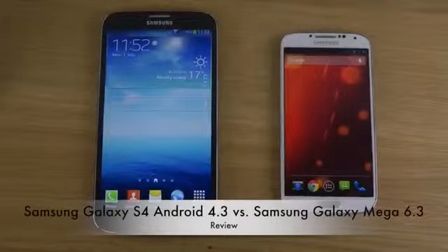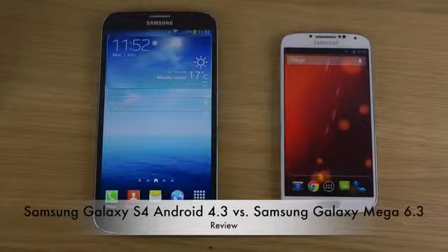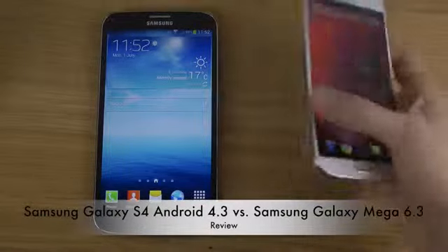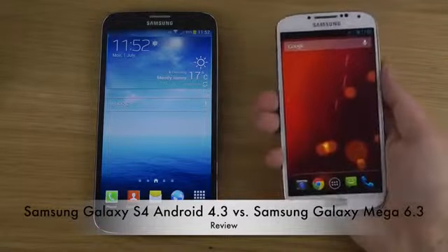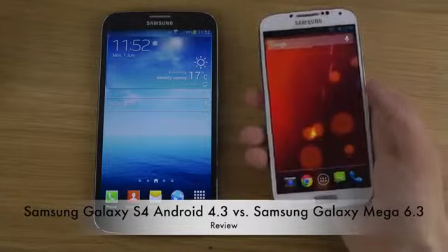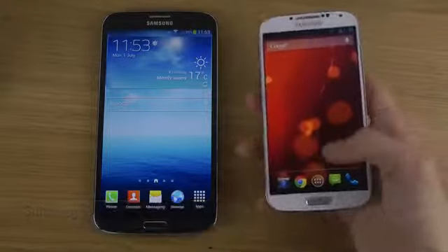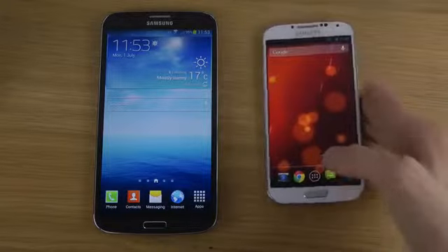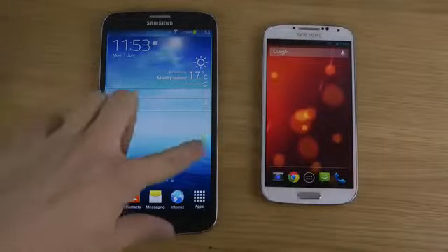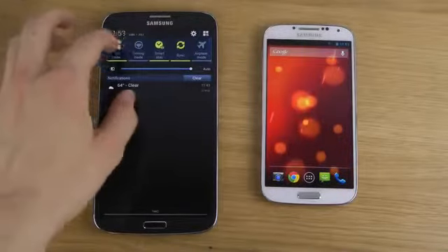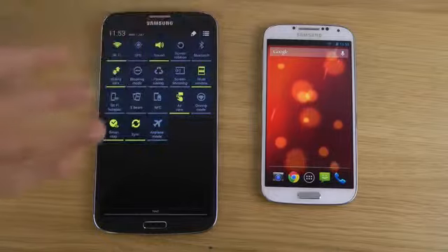Hey guys, so today I want to do a quick little comparison here between the Galaxy S4, which has Android 4.3 installed on my device, and it is the Google Edition firmware that you can install on the GT-I9505. And then here on the other side, I do have my Galaxy Mega 6.3, which of course has Samsung's own TouchWiz UI installed. Where you can see here at the top I have a ton of different quick